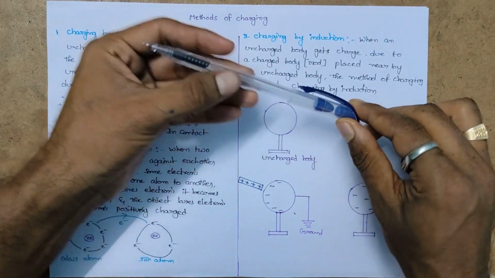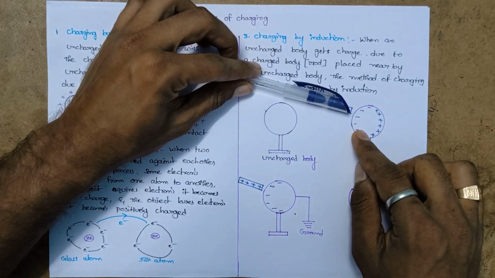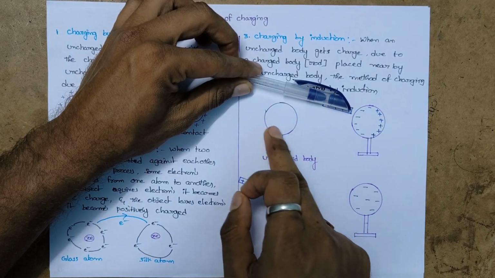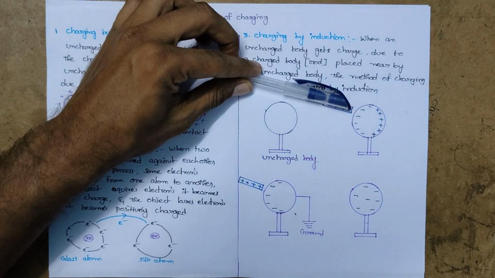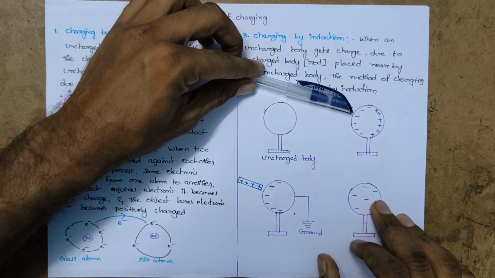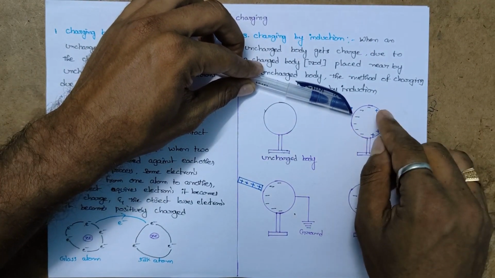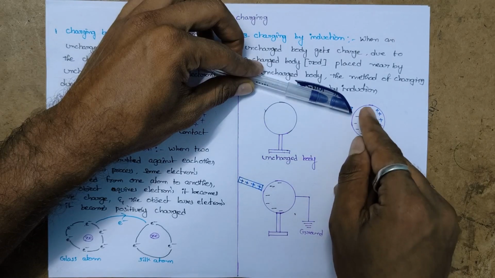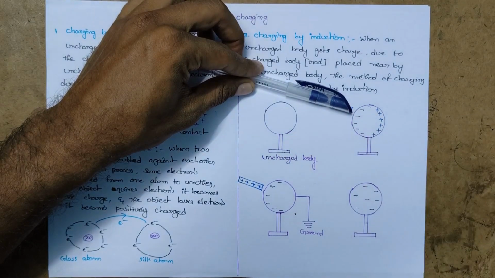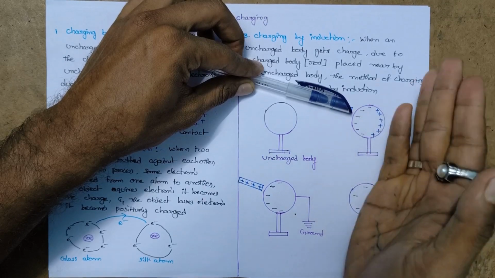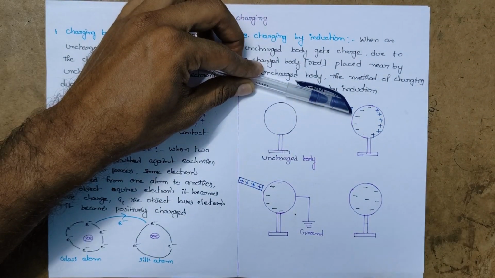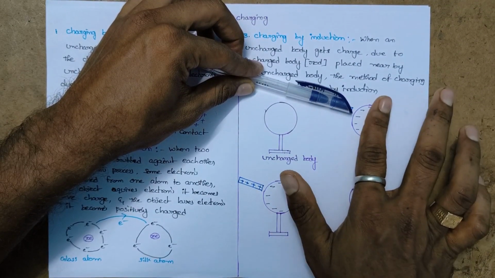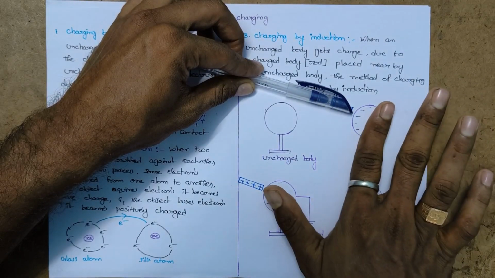If you bring it very close to this uncharged body like this, but not in contact, I told you already the pen is positively charged and the uncharged body has both positive as well as negative charge. So whenever you bring this charged body near to this uncharged body, this positively charged rod attracts the negative charge inside the uncharged body. So all negative charges shift towards the positively charged rod. And positive charges always repel, so all positive charges present inside the body move separately in this region.